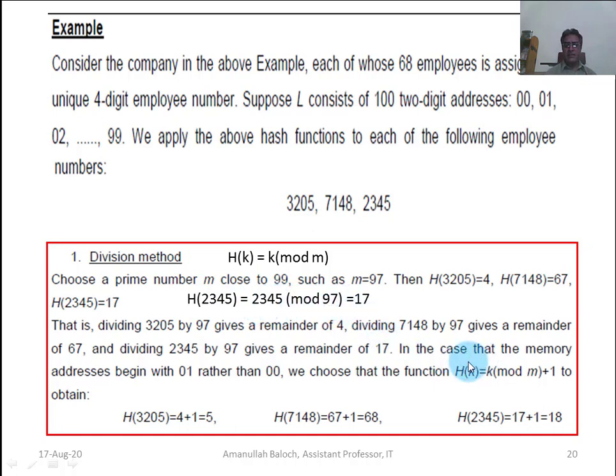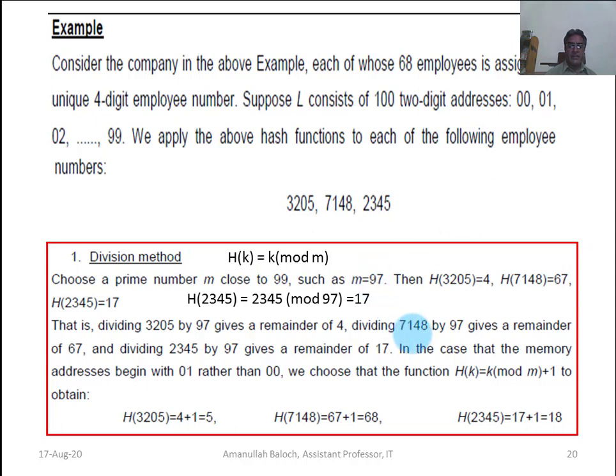In the case that the memory addresses begin with 01 rather than 00, we choose the hash function h of k equal to k mod m plus 1. Actually, in an array, if we are using the C programming language, the array index starts from 0 and goes up to 1 less than the size of the array.